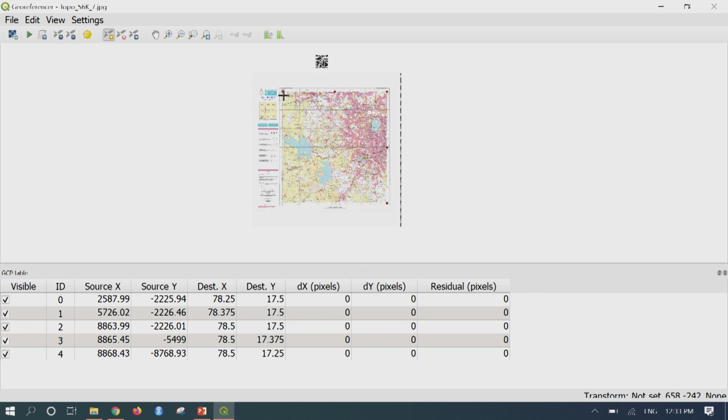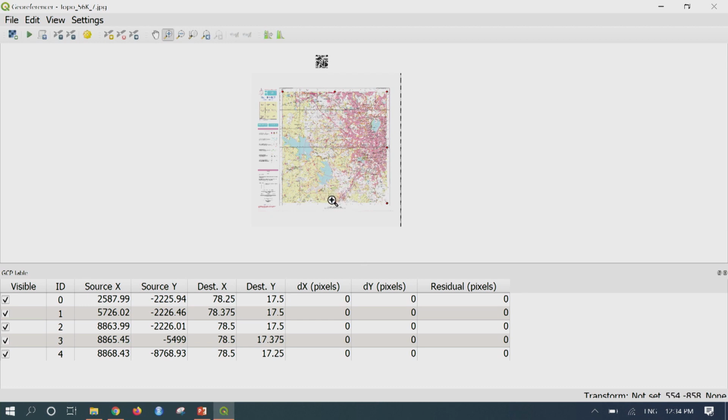For example, let us say the first point you have taken at the top left corner, the second point you cannot take at the bottom right and then again go to the top right. This is not correct because it also records how you are taking the points and based on that it will calculate the RMSE, that is nothing but residual or root mean square error. So please be careful while selecting the points. Only mark the points in a certain order, for example clockwise direction.